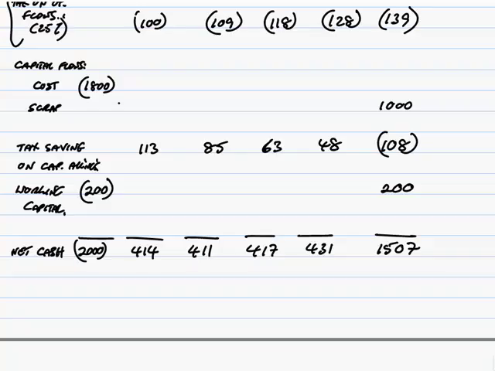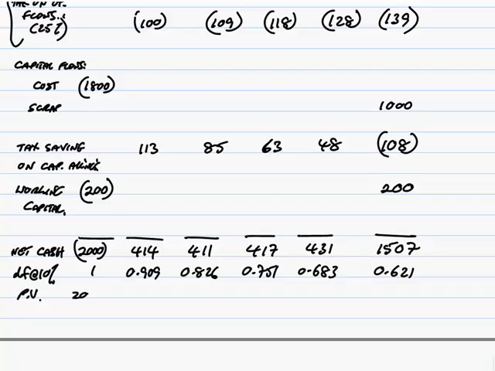Finally, the discounting, and I'm afraid the discounting itself should be automatic. Make sure you don't waste any time at all here. In this one, the cost of capital is given us. In other questions, of course, you may have to work it out, and there'll be more marks for calculating it. But here it's given at 10%. And so once we've got the cost of capital, simply write down the discount factors from the tables: 0.909, 826, 751, 683, 621, and therefore the present values